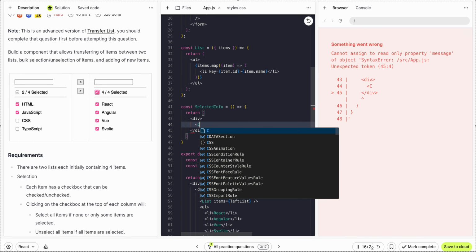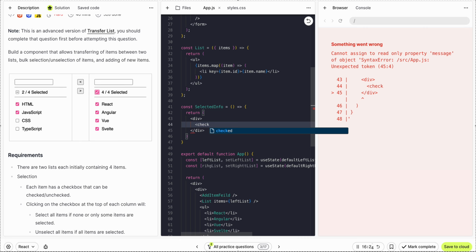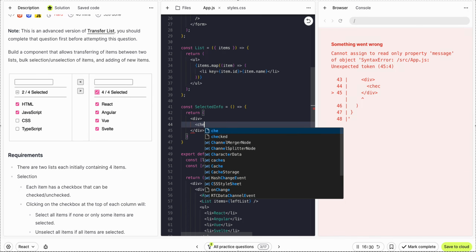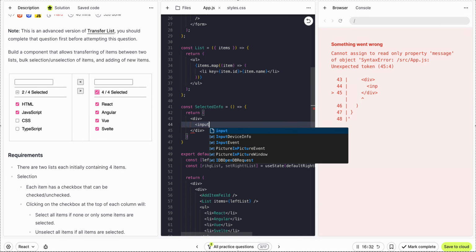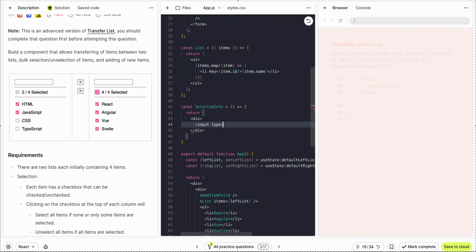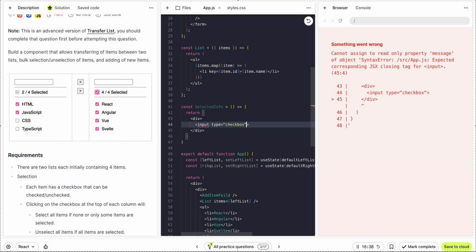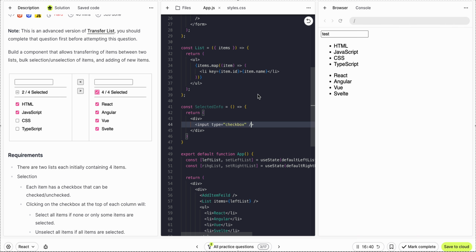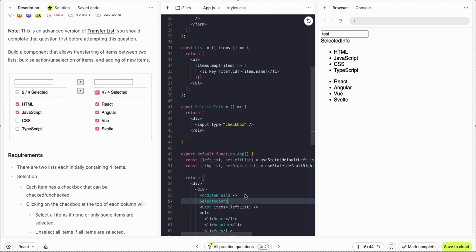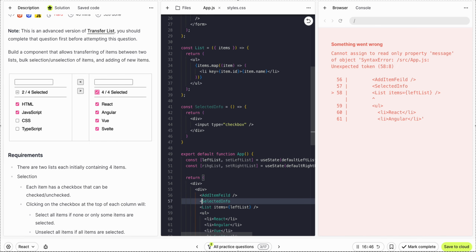Now it will return checkbox, input type checkbox. So here we need this one. So checkbox, then we will have another thing called